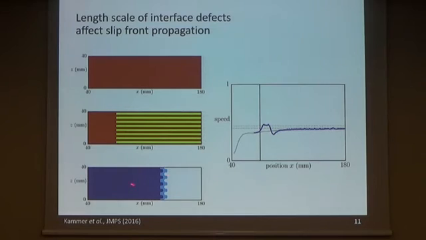Now, if you look at the same case here with larger stripes, initially it starts the same way, but then the little daughter cracks in the weak area are actually capable of pulling the main crack, and if you measure the speed, you're actually able to go to super shear transition. So the only difference between the two cases, macroscopically there is no difference, the same average behavior. Only locally we have the stripes: here they are 5 millimeters and here 8 millimeters, so a small difference,